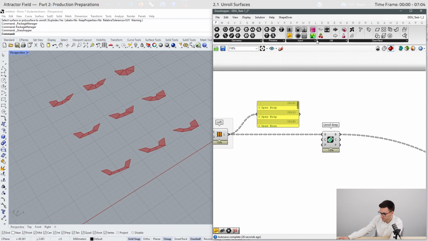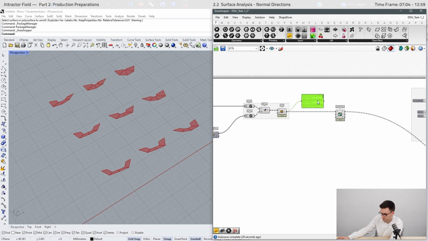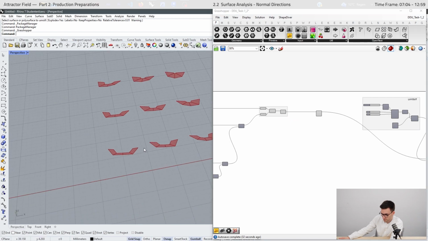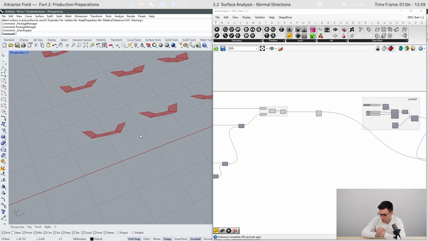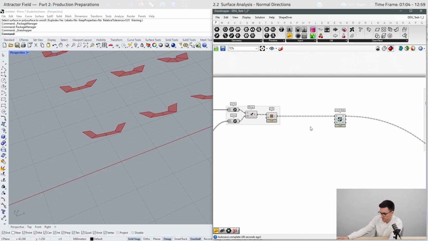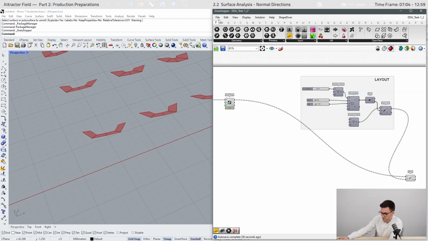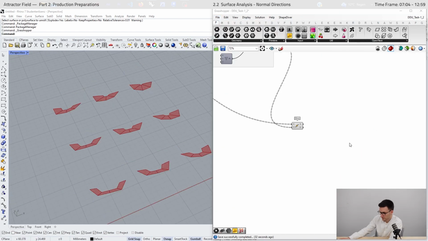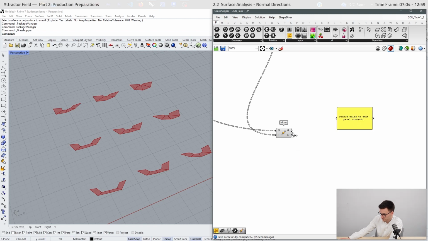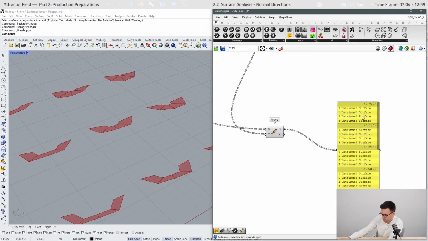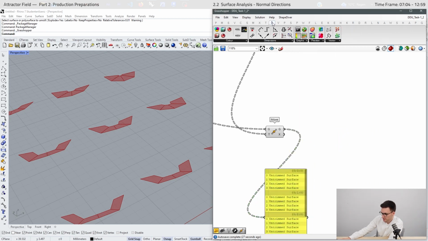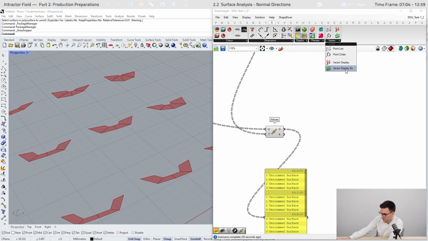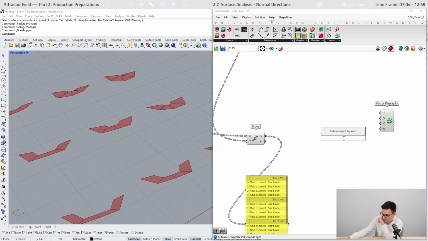Here we unrolled them with the Wombat add-on. And now we can check if our surfaces are oriented the right way around. We can check the surface directions, and therefore I will show you a method. Don't forget to save your file from time to time. Okay, we start with our unrolled geometries. Here are our surfaces, and we can check them under the display tab. Here, vector display X. Okay, so now we need a point on the surfaces.